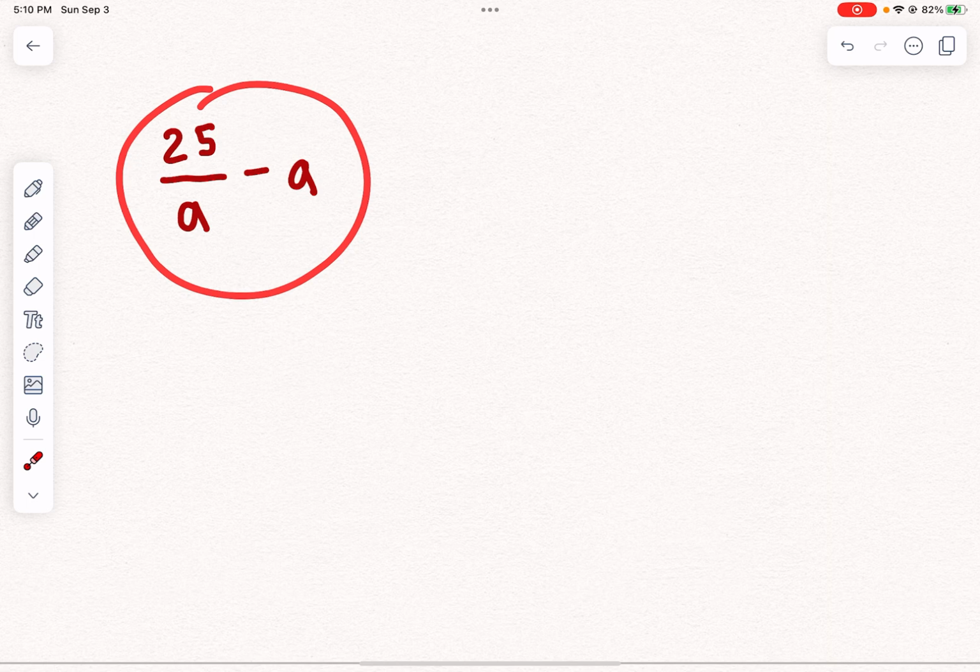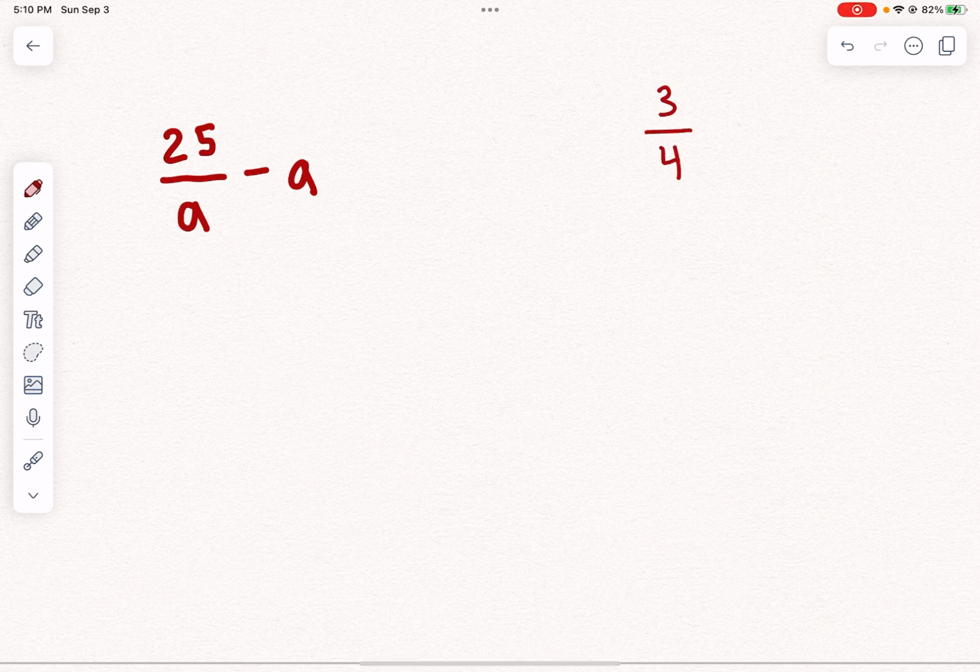You can actually think of this as, if we think about just numbers in general, if you had a fraction and you're subtracting some random number, let's just say 1, recall that when you have a fraction subtracted by a whole number, you want to make sure that you get a common denominator with each of these 2 numbers. And the idea here is that you want to look at this denominator and multiply this number by that common denominator. So if we go back to our expression over here,